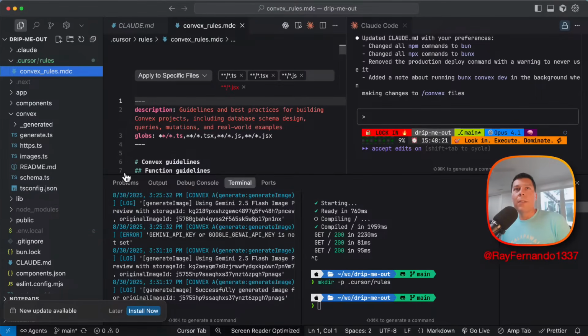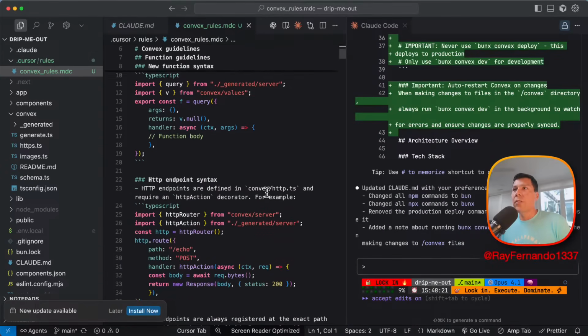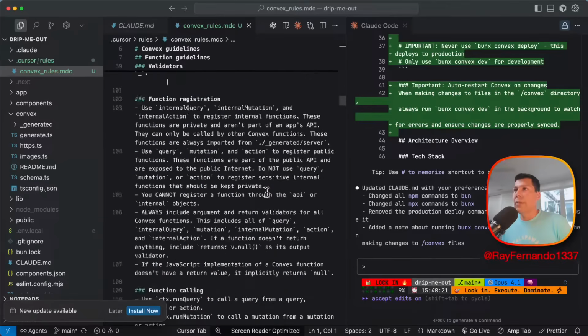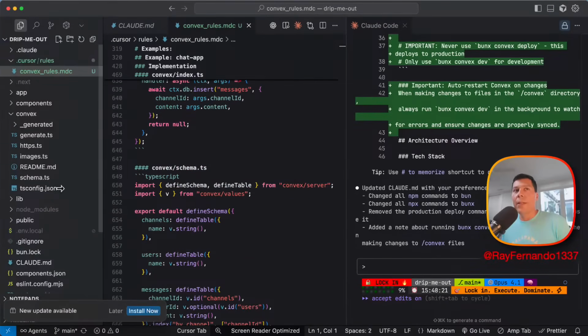Cool. All right. So now we have our Convex rules file. I'm just going to hit Command J to minimize this. This Convex rules file describes everything that I was saying about what Convex does. And now that we have that set up, what I'm going to go ahead and do is